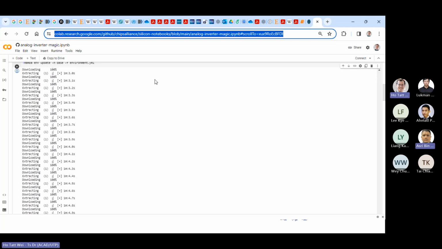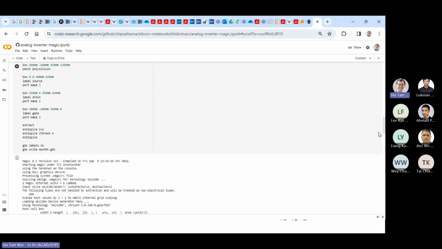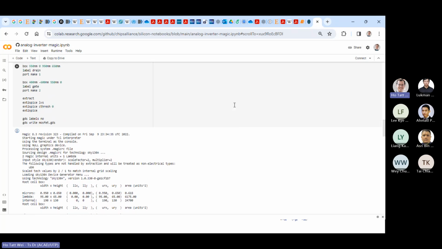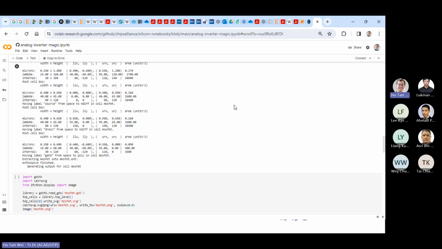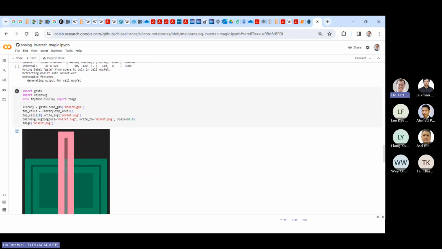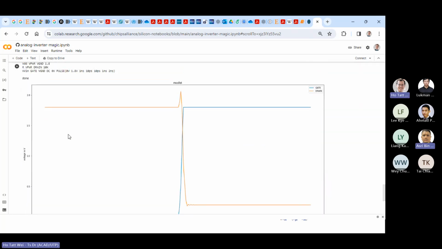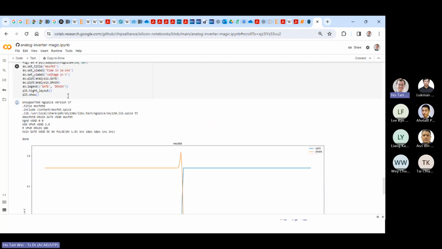Yeah, so that is the disadvantage of the Docker at the moment, because that particular Docker that I set up doesn't have the Jupyter notebook. So I would actually need to add the Jupyter notebook so that you can plot this thing. You can see the layout, but you cannot produce the graph, is it? Oh, you can't produce the graph. Okay, I see.